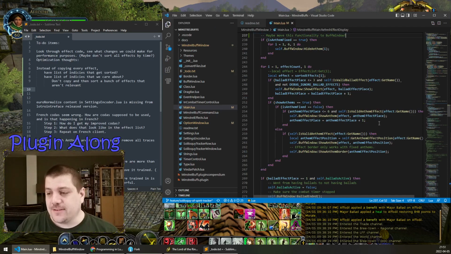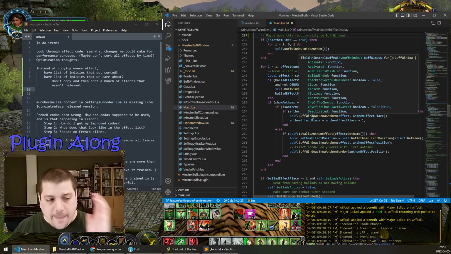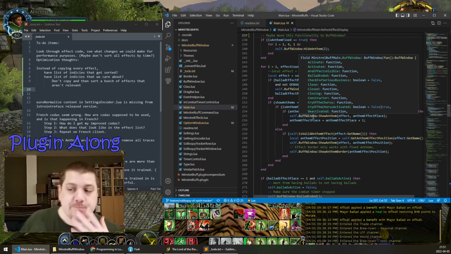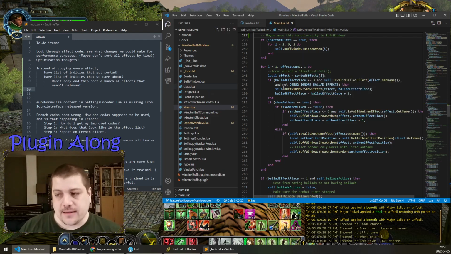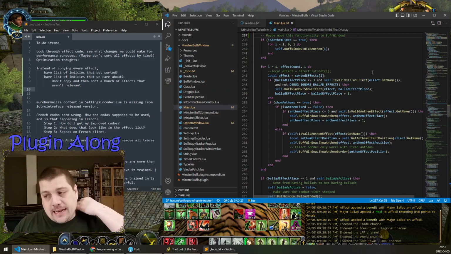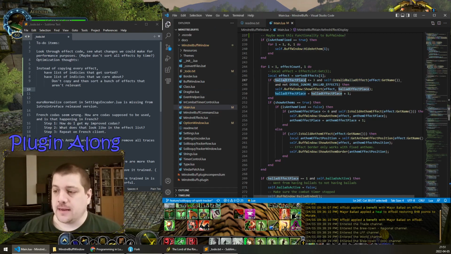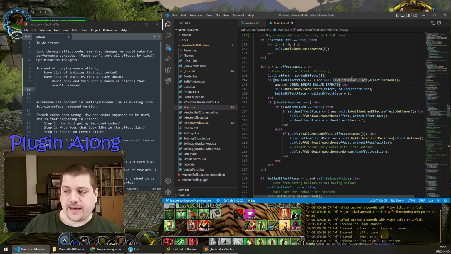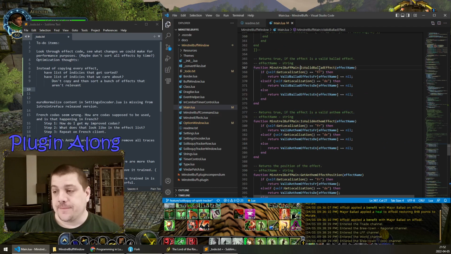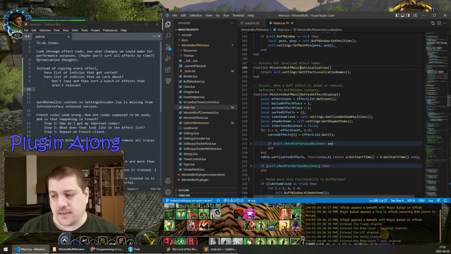But as I look through this function, the word monstrosity wasn't one that came to my mind, Baz, but yeah, there's stuff going on here that I feel like isn't necessary. And one of the things that's hidden through function calls is we're checking is valid ballad effect. Cool, that sounds like a sensible function. We come on in here with the effect name, and then we call self get localization twice for French and German. Each call to self get localization